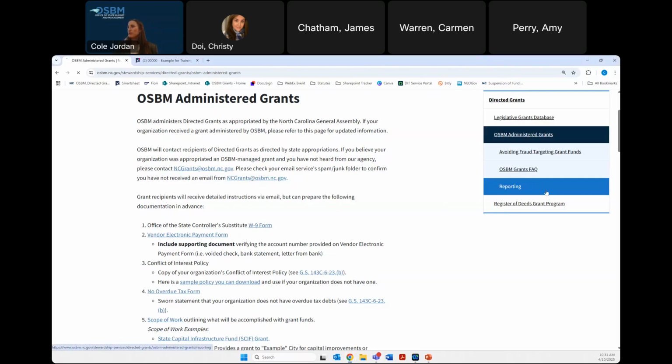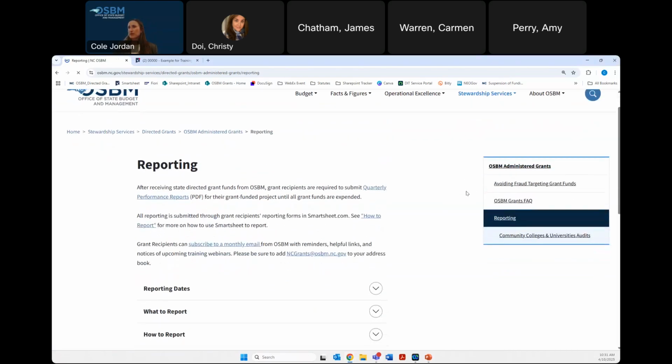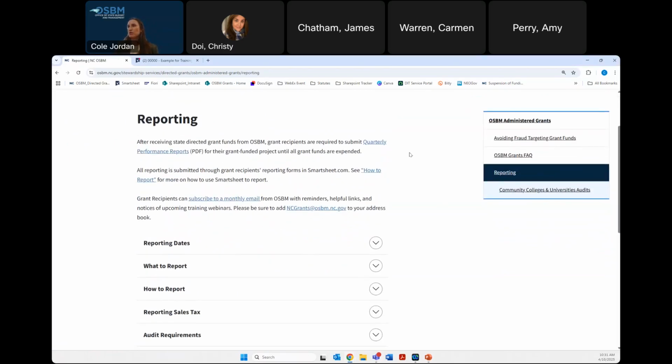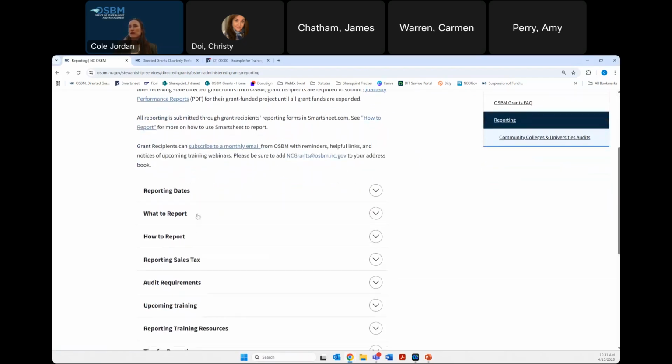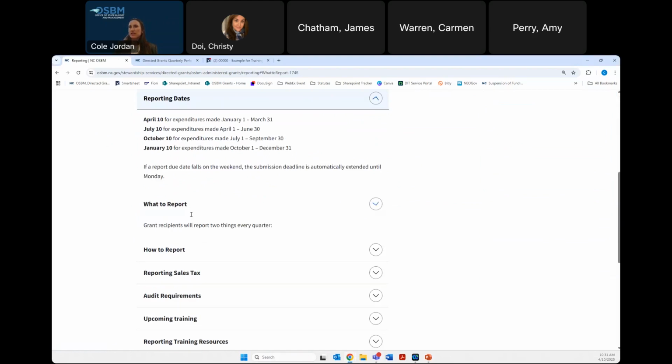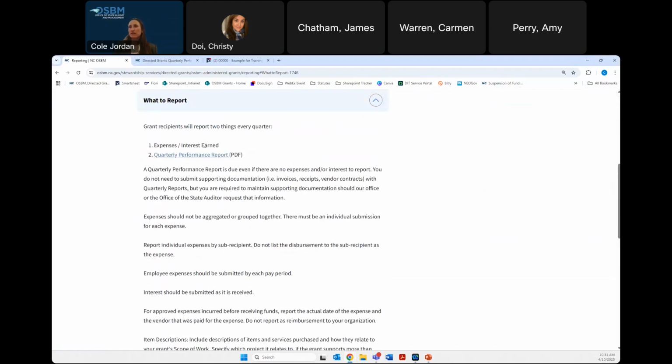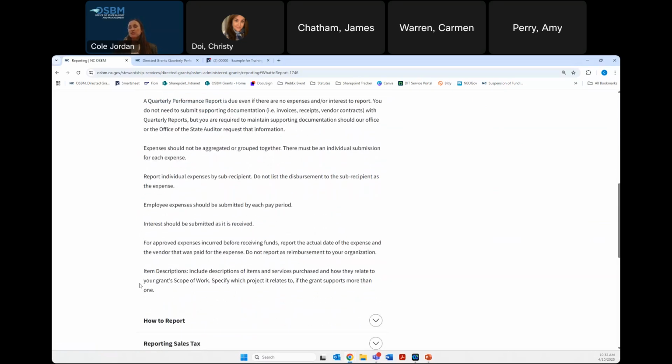But for the reporting information, I'm going to click here. And then you've got all of this helpful information. So your quarterly performance reports, you can click on this hyperlink, open it up into a new tab to show you in just a minute. And then you've got a whole breakdown. So the reporting dates are there, what to report. This goes to another link to the quarterly performance report. This mentions those